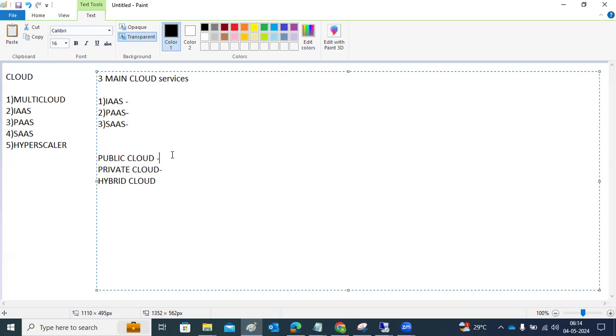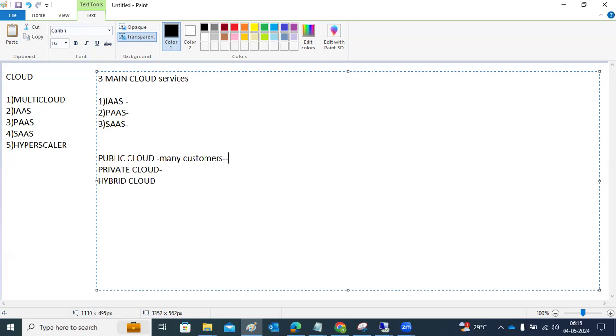The public cloud is the model where the cloud system is assigned to many customers. The resources are shared, but the computing data is separated from each other.